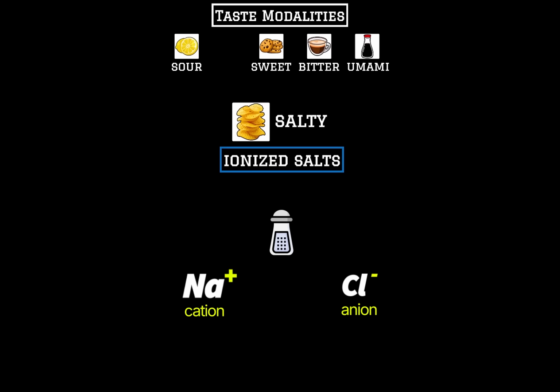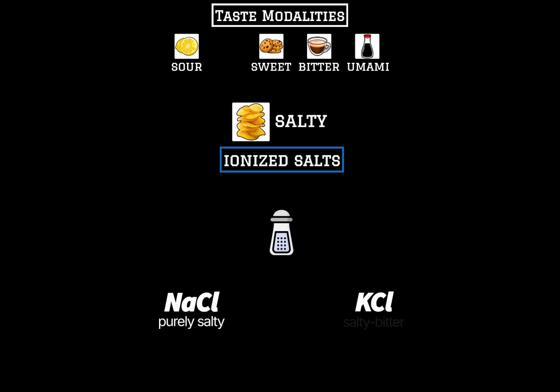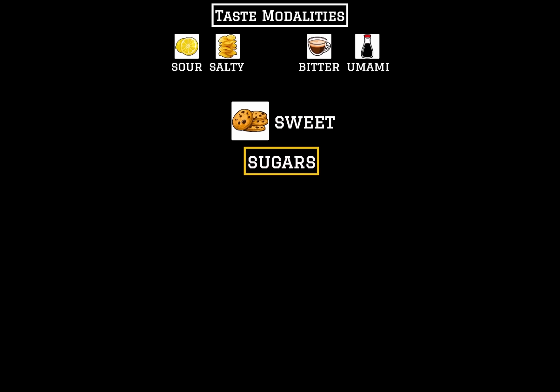However, the anion also plays a role in shaping the overall flavor, though its contribution is smaller. This explains why different salts produce distinct taste experiences. Sodium chloride tastes purely salty, while potassium chloride has a salty, bitter quality, and other salt combinations create their own unique flavor profiles. Sweet taste responds to sugars like glucose, fructose, sucrose, but so do a lot of completely different